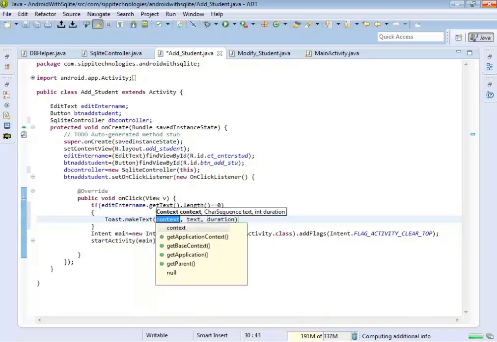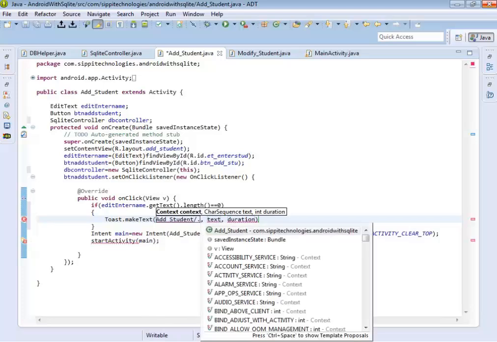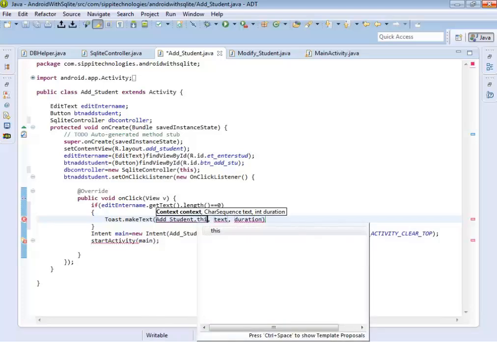Toast dot make text, add student dot this,